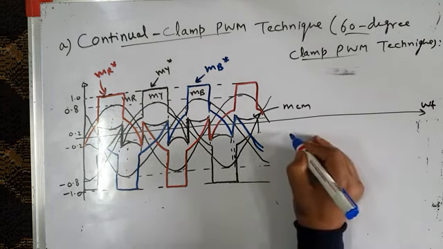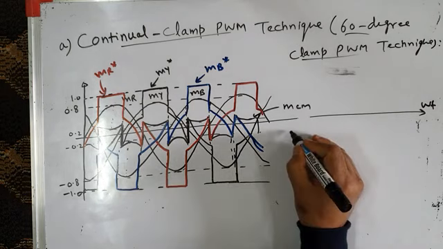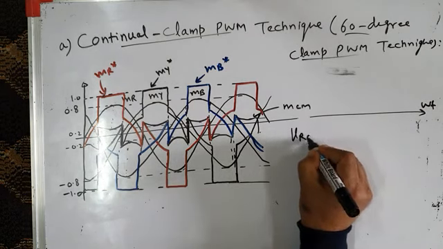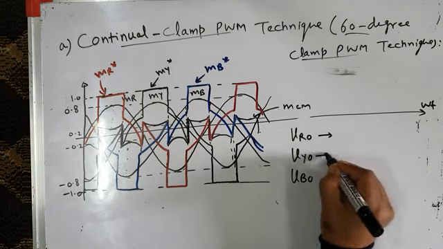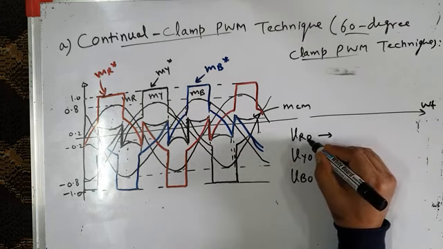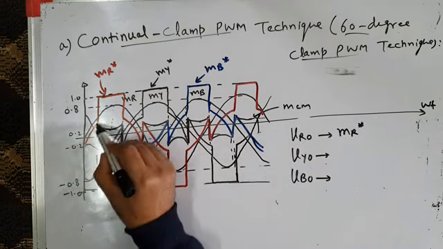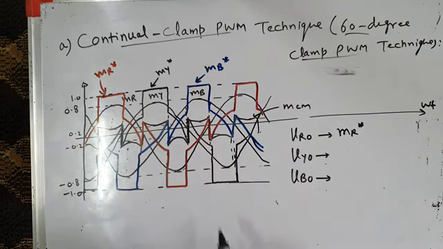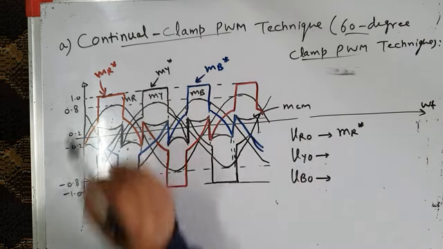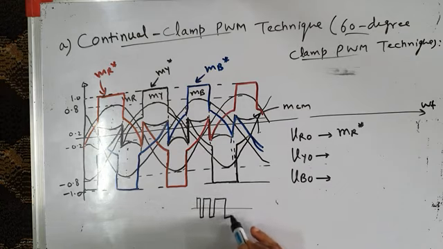Now I already told you that I have three pole voltages of the inverter. Okay, my pole voltages are VRO, VYO and VBO. Pole voltages very closely follow the modified modulating waves. So pole voltage VRO will have the same pattern as MR star. Okay, this is my MR star. It's like this. It's a discontinuous function of time like this. My pole voltage VRO will also follow the same pattern. I mean, if you calculate the pole voltage VRO, it will be like this. We already know it is like this.